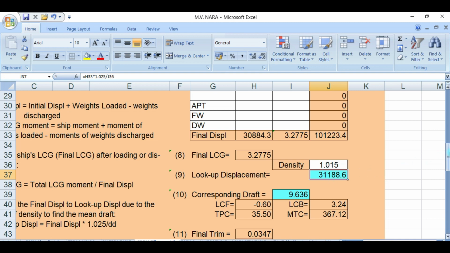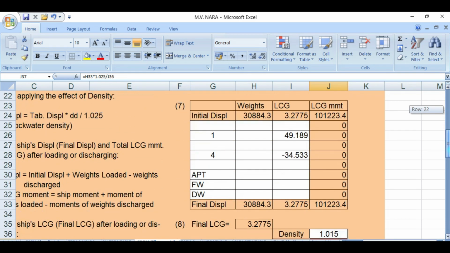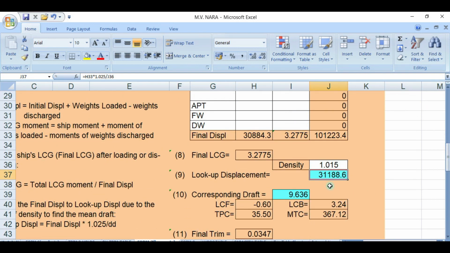so summer draft, if the ship loads, this will be your summer draft, and the density is 1.025. What happens if the vessel loads in the local density of 1.015? So the density is 1.015, so your draft would be 9.636, and your displacement of 31188.276. So let's check, guys.